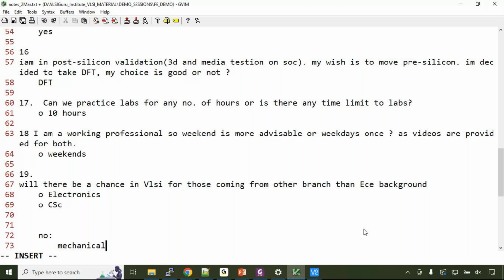Regarding the placements, we are very well connected with the industry. We have a dedicated team who keeps connecting with the companies, and companies also connect with us, so you get placement opportunities. We'll create one dedicated WhatsApp group, where, for example,